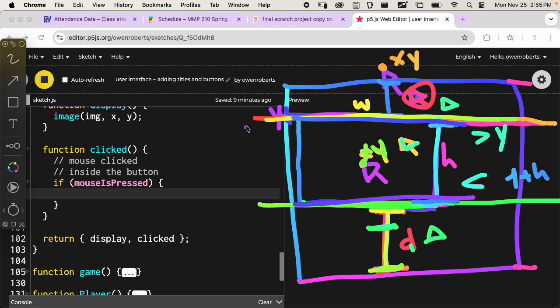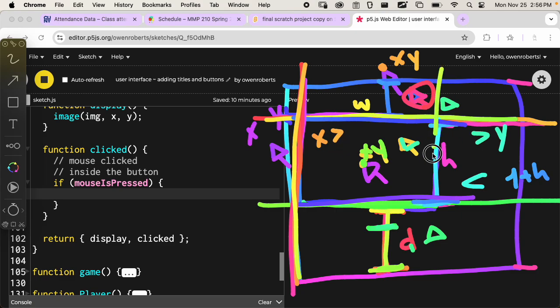Nothing? So it's literally just the same thing. If the mouse is over here, if x is less than this line, then the mouse isn't inside the button. If the x is greater than this line, then we are inside. And then same thing over here. So what we have to do,